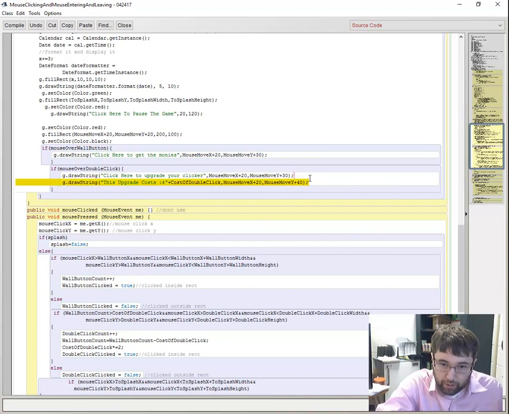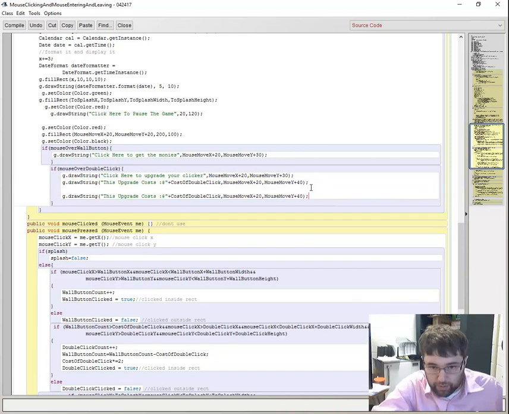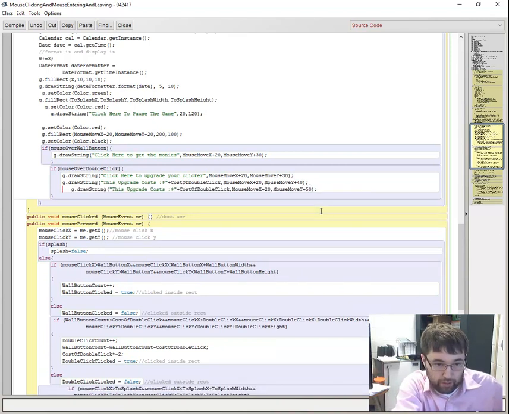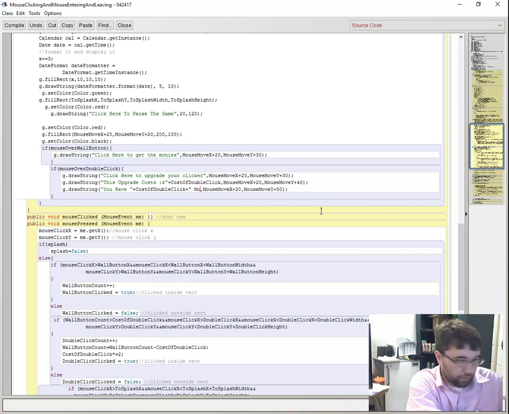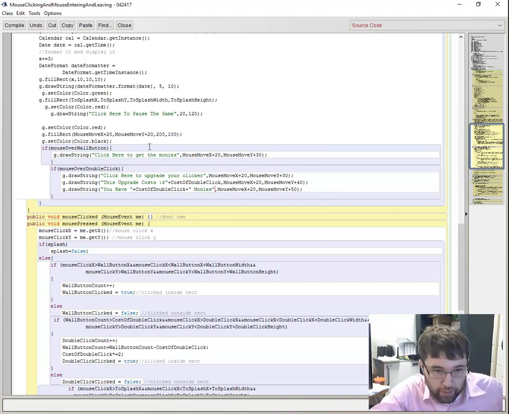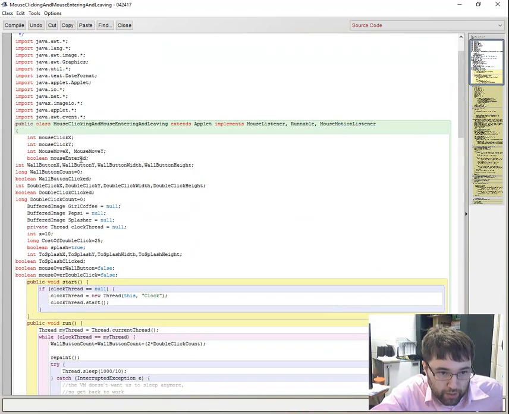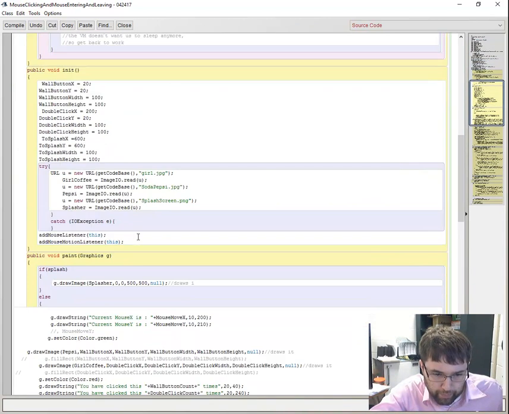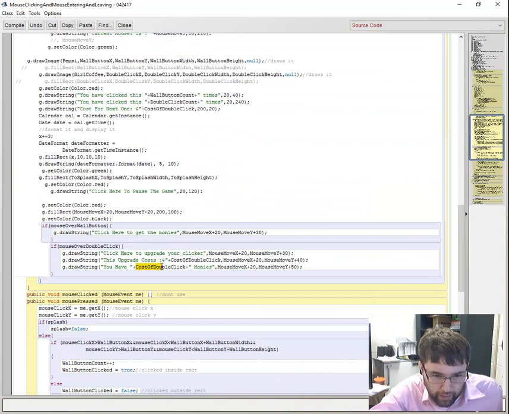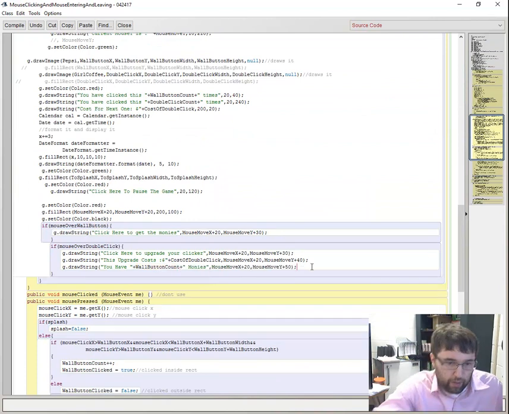And then I also want to do another one where I'm saying this is how much money you have, because everyone needs to look right here instead of actually at their money. You have this plus monies, and then I want to make sure I get my monies variable, which I think is the wall button count. Yep. My wall button count. And then I want to say